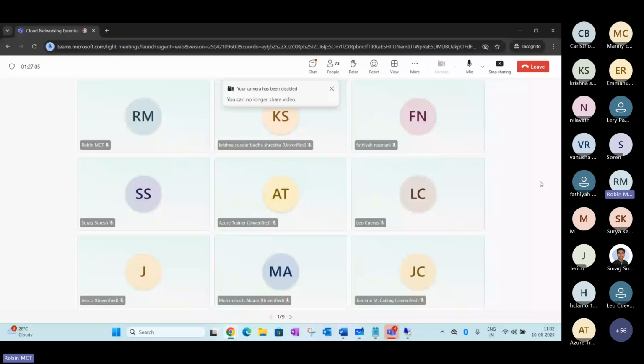I'm just typing on the chat here. This is the case study for you. I hope you can see it in the chat. So this is the scenario for you. We are working for one of the clients here, and they are trying to add multiple network cards.